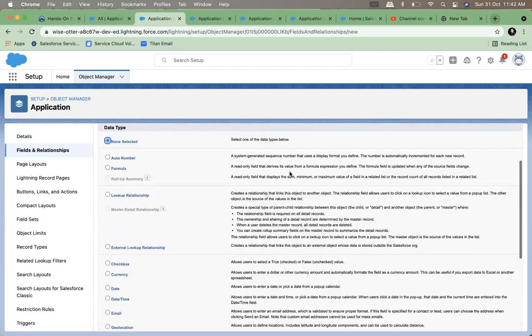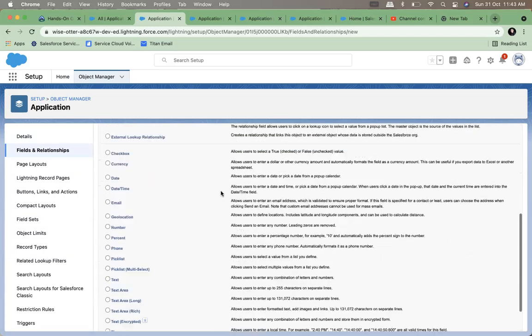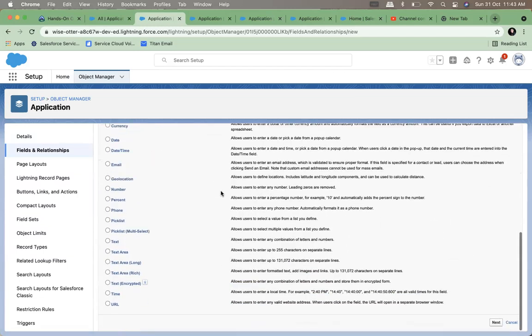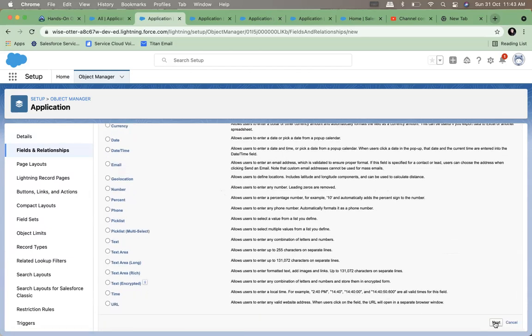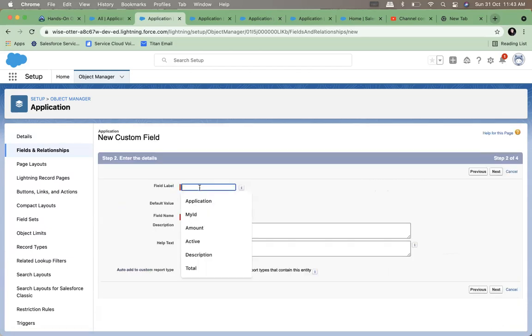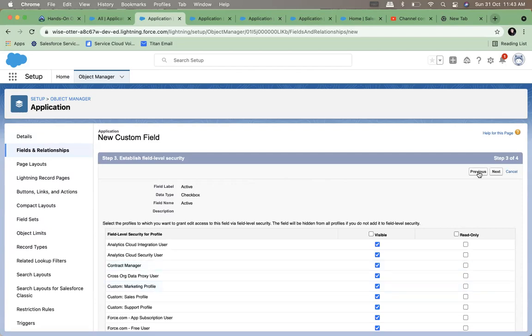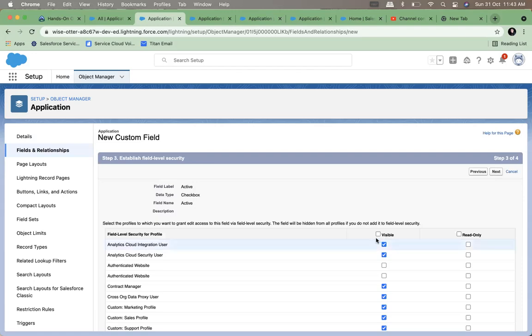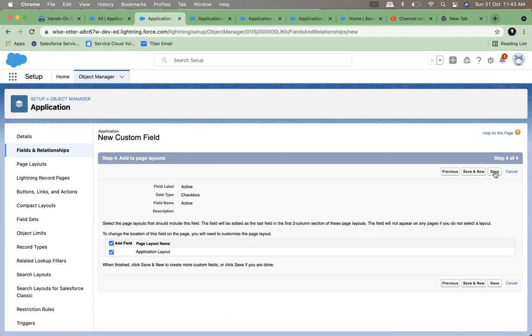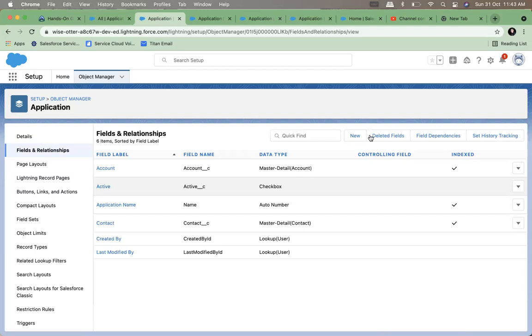What are the other fields which we can create in an object? We will discuss formula a little later. We will have a separate class for that. Let's discuss the specific input fields. There is a checkbox, which stores true and false. Let's use that, say Active. Active will have true or false only, right? And you can set a default value also. You can say the default is checked. If I don't give anything, it will be automatically checked.